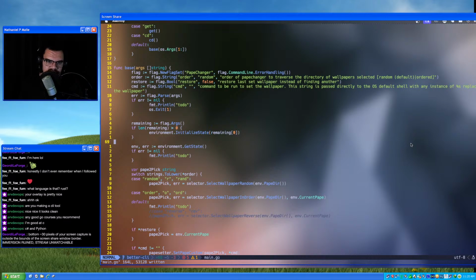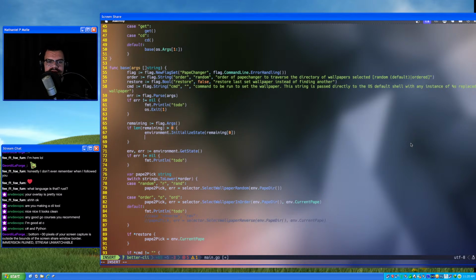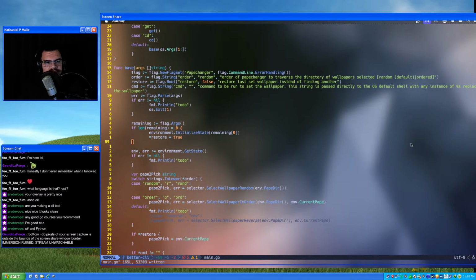So let's just take whatever the last thing is and do it. And then what we'll do, and this is some devious stuff, we'll just say restore equals true. So then the program will think that the one we just set up is the one that was there all along, and then it'll just set it to that again as part of our restore functionality.